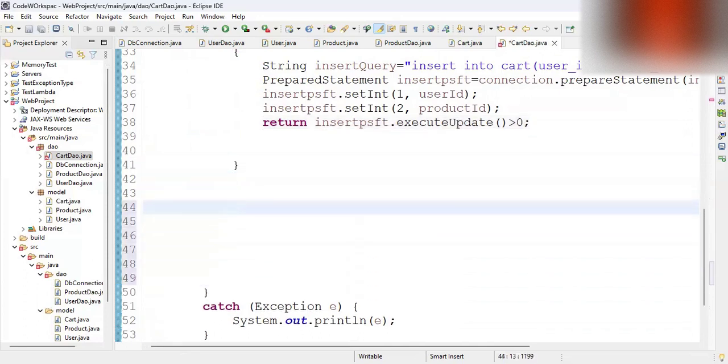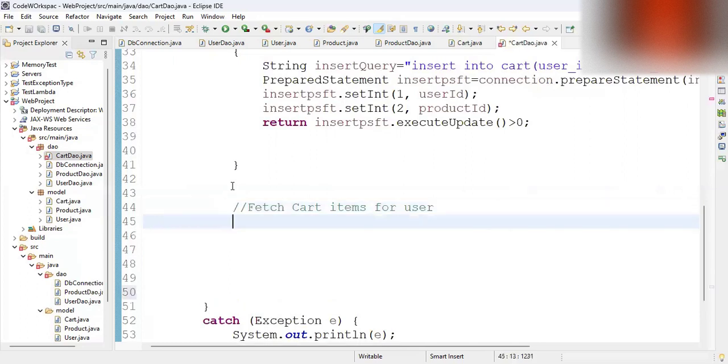Now we need to get cart, fetch cart items for user. So ideally we require to fetch the cart item. So guys, the items will be fetched in the form of a collection, so we can use a data structure. Okay, so let me create a public